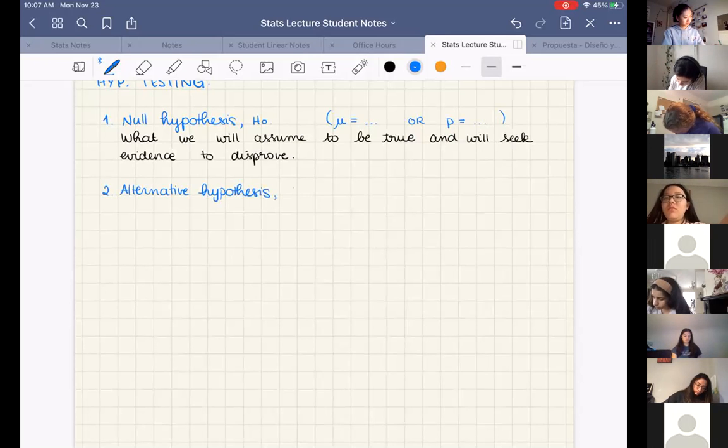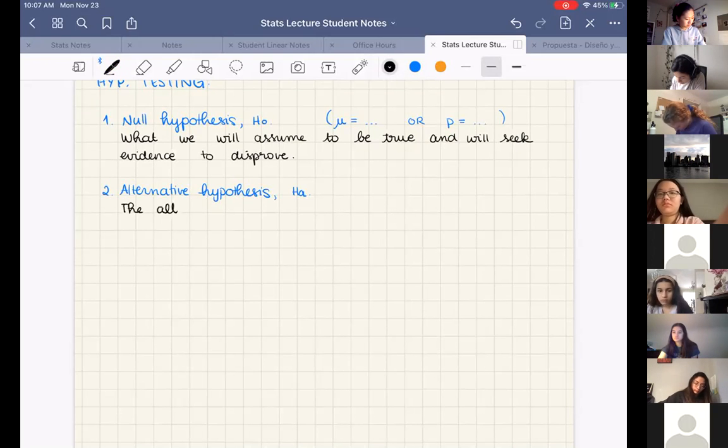It is denoted HA for hypothesis alternative. And it corresponds to the alternative or other explanation